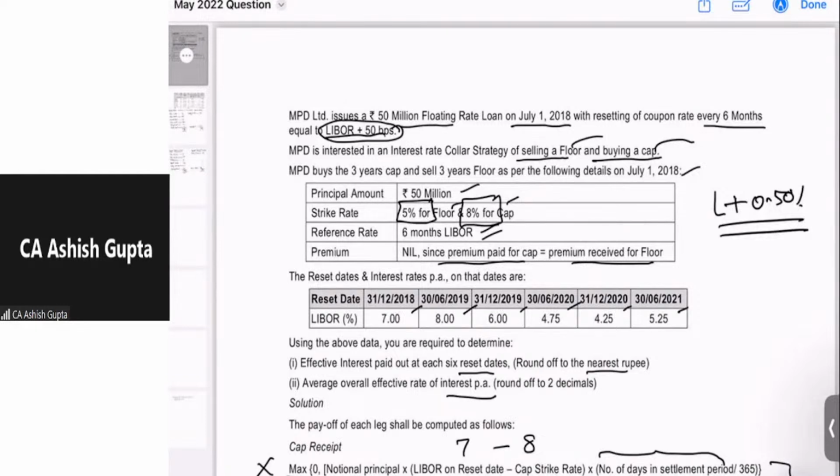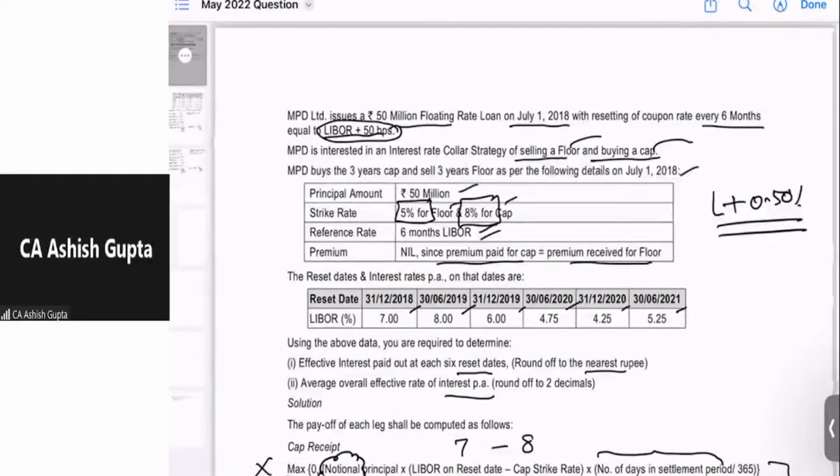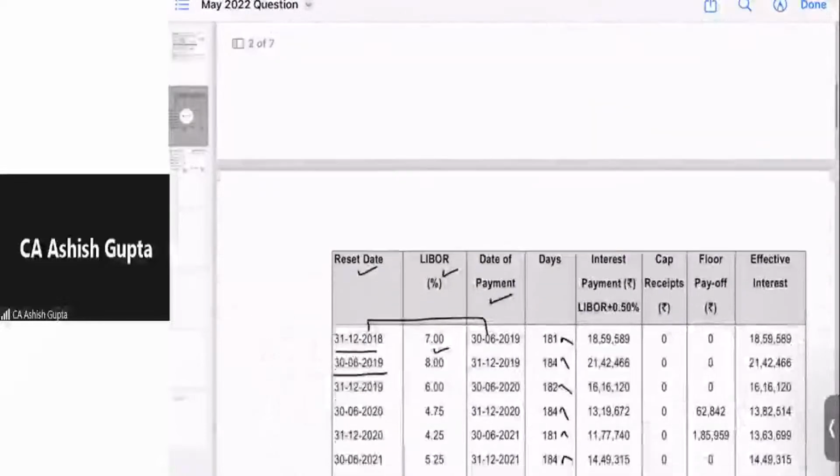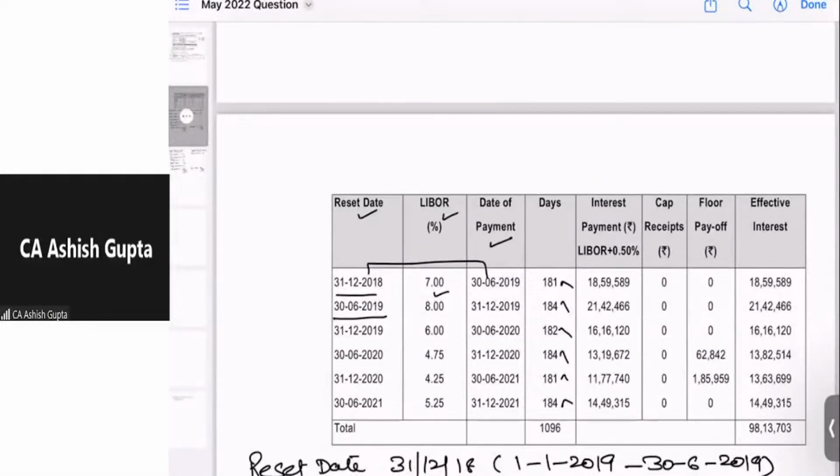floor option. Please always remember these are only meant for the notional principal. The actual principal is not exchanged. Only settlement is based on some notional amount. So that is a very important word, notional. Accordingly, he has to pay the interest anyhow on the loan. He has borrowed the money, and for this loan the applicable rate of interest will be LIBOR plus on the reset date. Similarly, we shall calculate the interest for each reset date. Now let us start calculating the days and interest payment for each reset date.